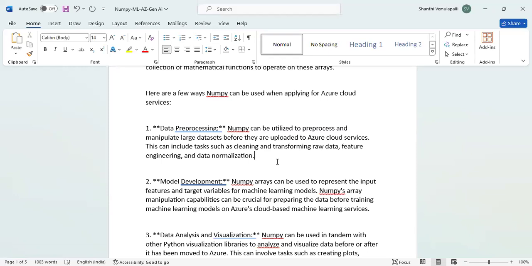Now, after that, it is going for extraction. After extraction, it is going for transformation. Then after that, it's going to load into the data marts. So basically, all these processes are inbuilt within the Azure cloud services with different services, like Databricks, it can be data lakes or whatever services.